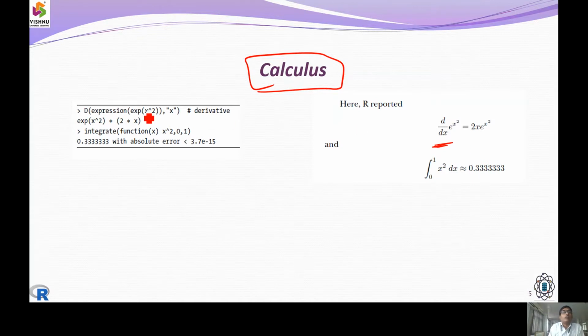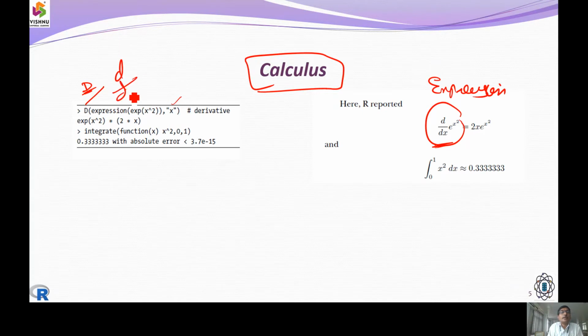First of all, we have to build the d by dx value, which we represent with a user defined function called d, and then we build up an expression. The expression is x square.